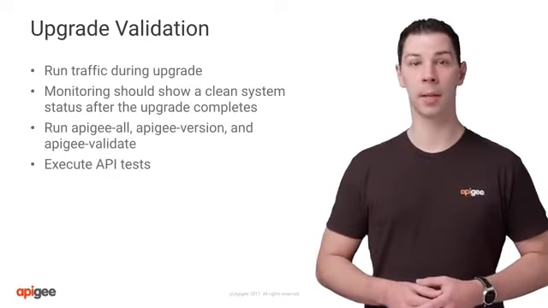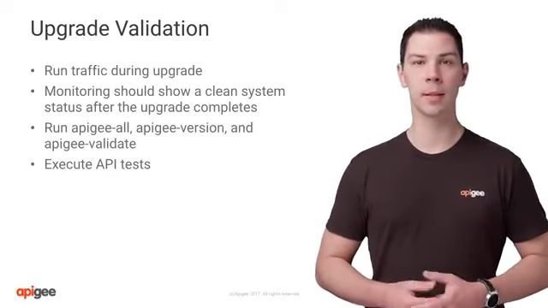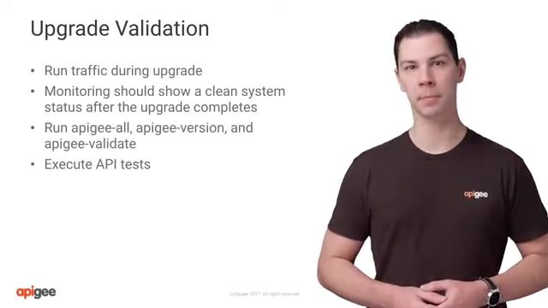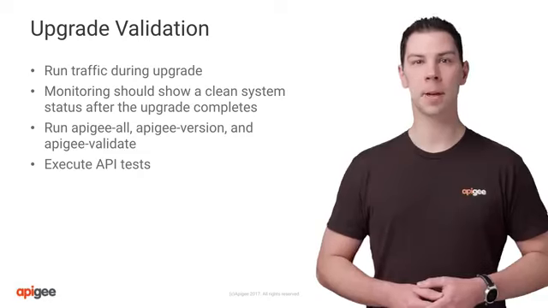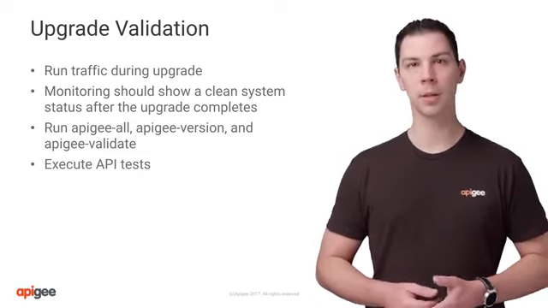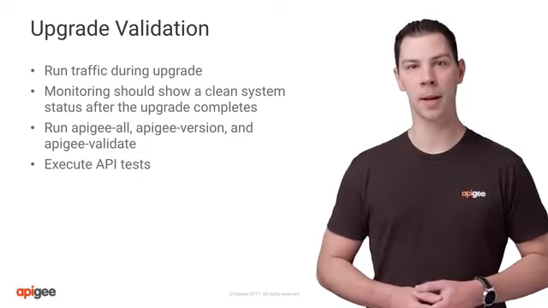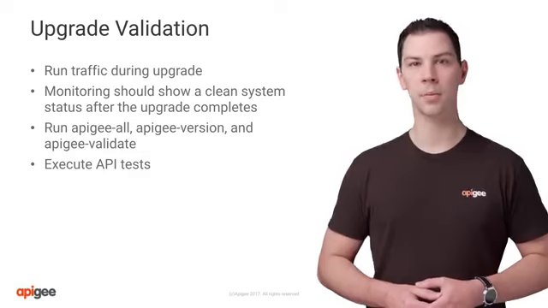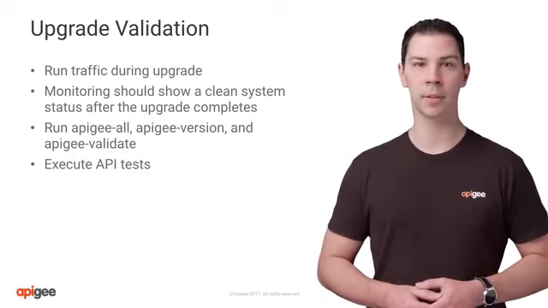Assuming that all went well and the upgrade completed without error, the next step is to validate that the platform was correctly upgraded and is functioning normally. The Apigee platform is designed to be upgraded without experiencing downtime. During the upgrade, all services should be up, and you should run real or test traffic continuously. As you proceed with the upgrade, be sure to monitor your traffic flow to ensure that no unexpected errors occur.